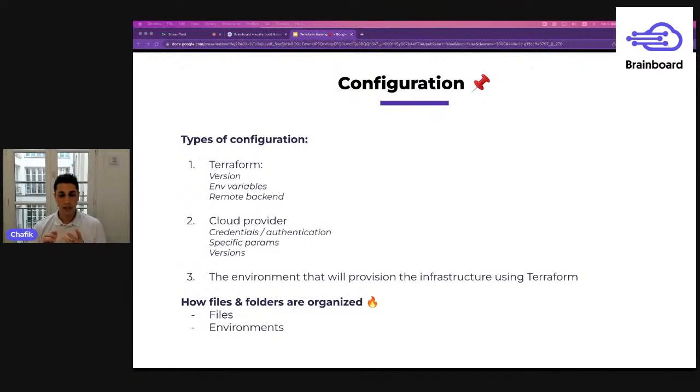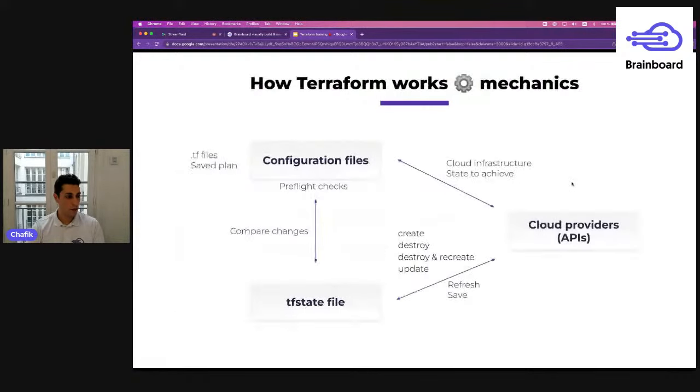The first one is the Terraform configuration, which means if you want to use a specific version of Terraform, or some environment variables, or a remote backend. We're going to talk about the remote backend. Just to make it clear before we move on, the remote backend is where you specify that the Terraform state, this state that we saw here,